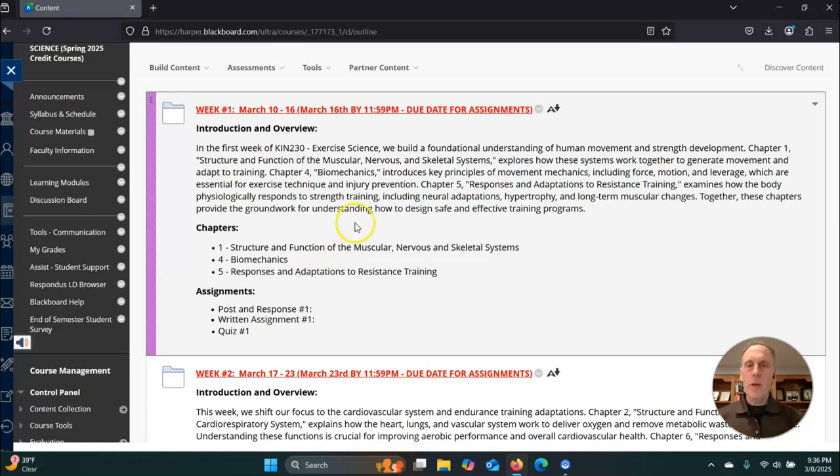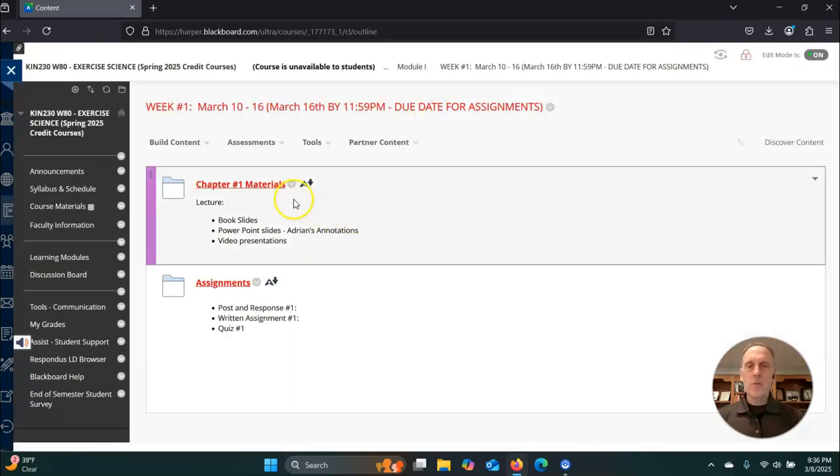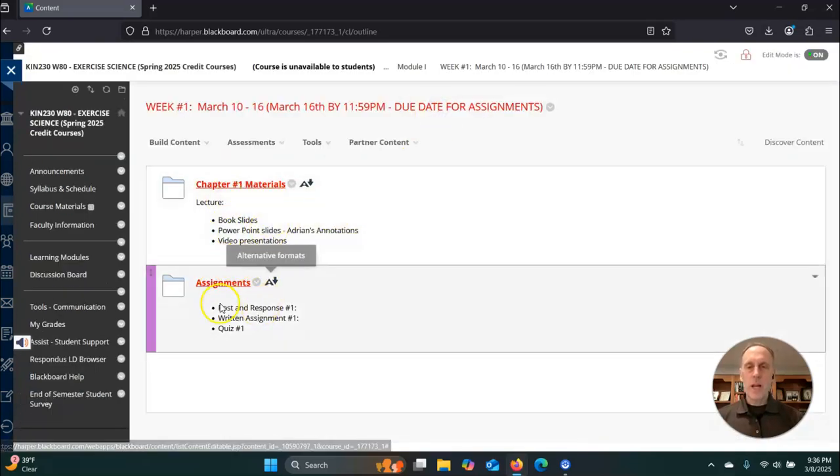To that end, you'll have 2 main sections. I try to always provide an overview, and then I have the chapters that we'll be reviewing, and then the assignments that you'll have to complete for the course. We have post and response, written assignment, and quiz 1. And when we go ahead and open up week 1, March 10th through March 16th, you'll have these folders, materials, and then assignments. So I try to break these out so it doesn't become just a content dump of